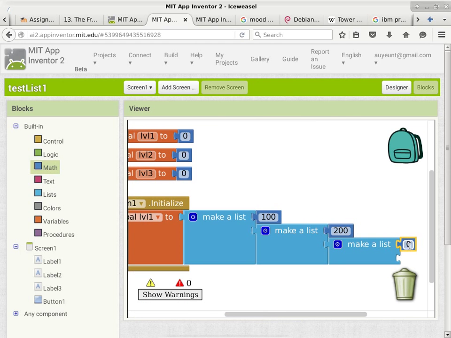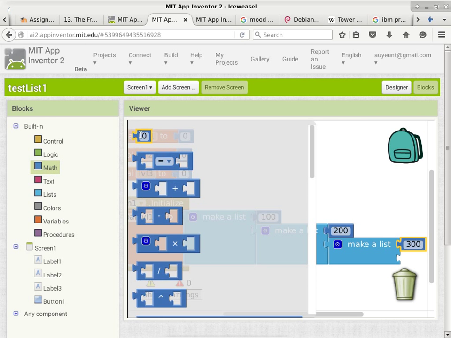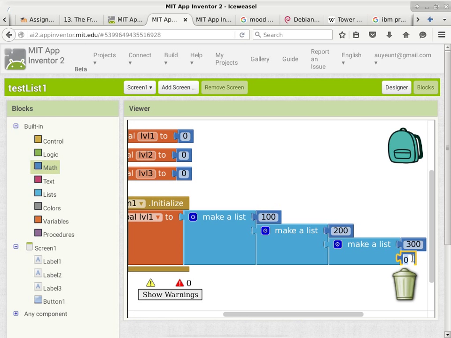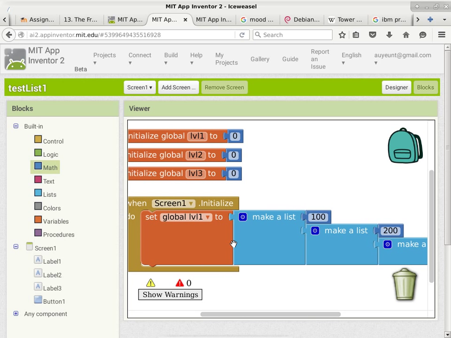There we go. So we have a 300 here, and depending on what you want to do, this slot here can be another number. Yeah, why not? We'll just stick a 400 into this spot here. All right. So the way I initialize level 1 is not exactly exciting, because all I'm doing is creating a